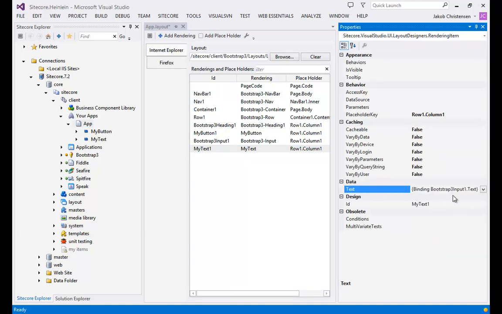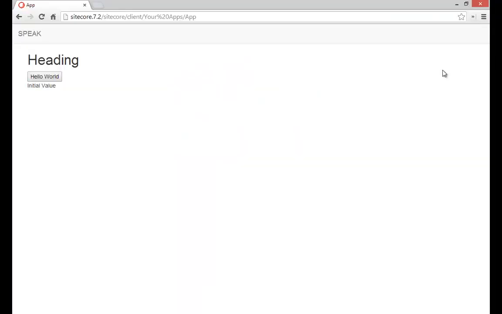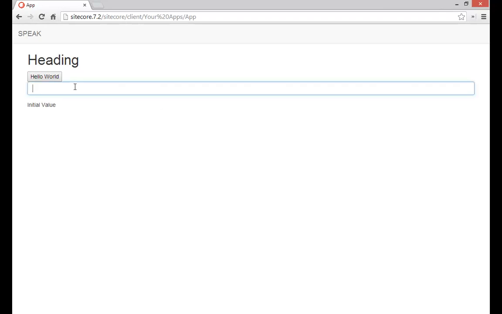And it's right here. You can see this syntax looks fairly familiar from a WPF point of view. So let's try that. Let's go into the browser and refresh, and we get an input box here. And I will type hello world, and the text box updates, and I can go again